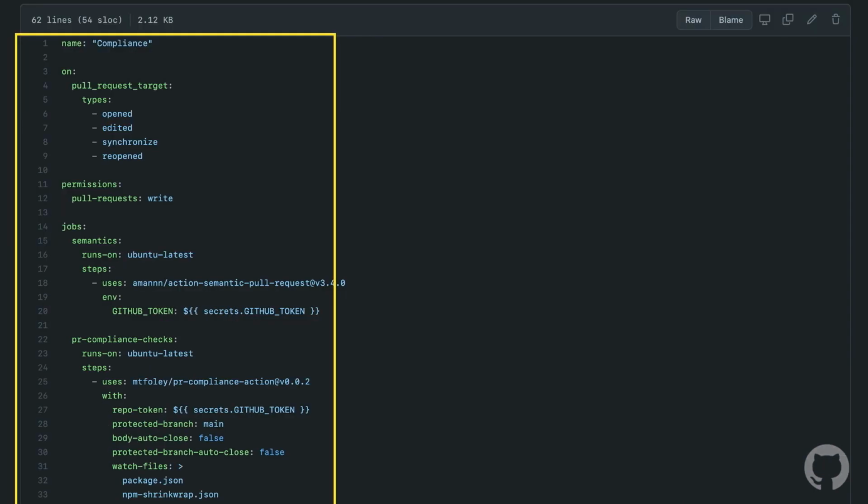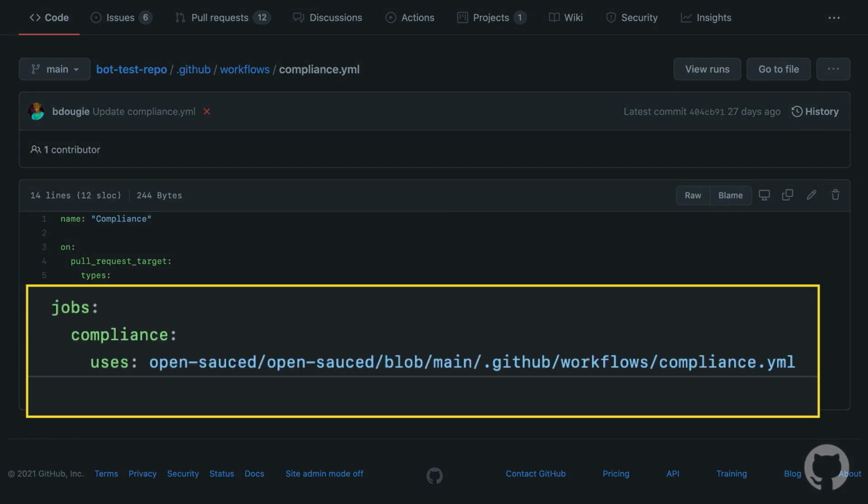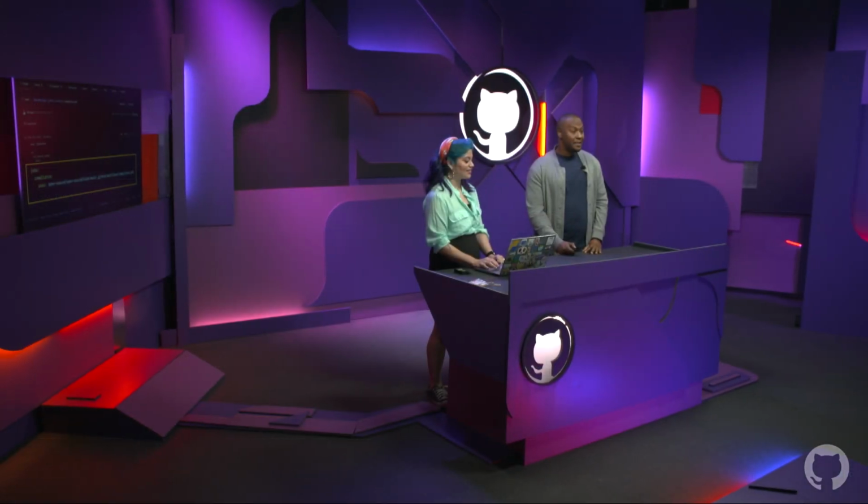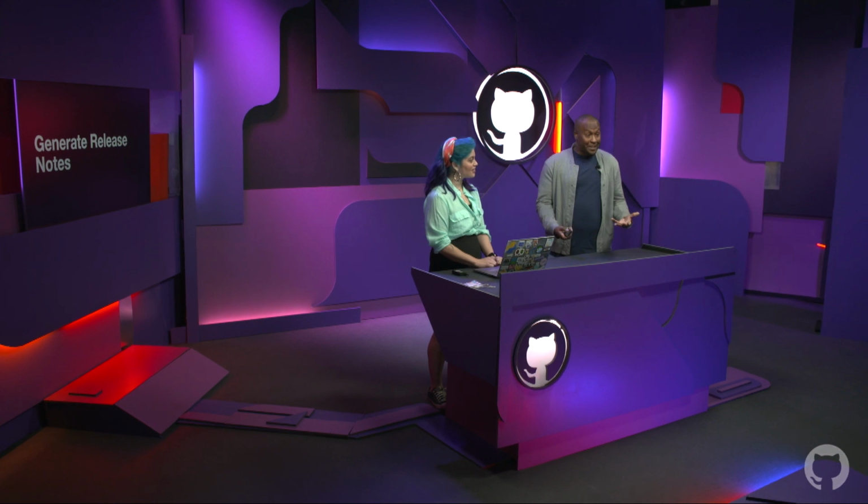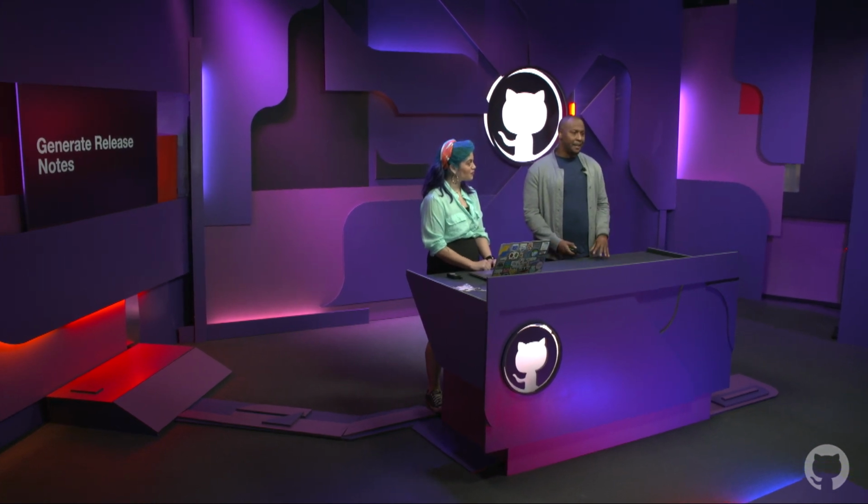And the thing I want to point out is that this is an entire workflow that you can just copy and paste directly out of this project if you like, or you can use a reusable workflow by just pointing it directly to that URL. So I'm super happy that this is actually shareable. All this context is shareable. It's open source today. And then finally, something we shipped just recently is auto-generating release notes.